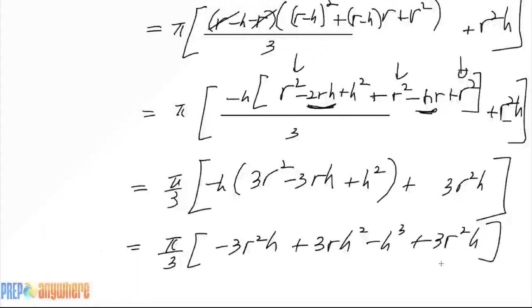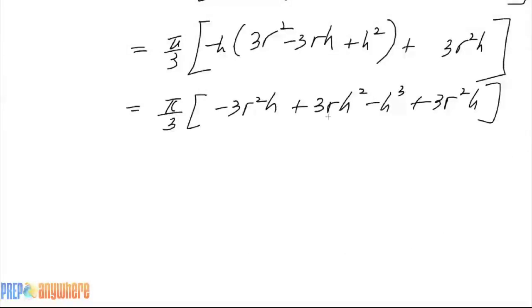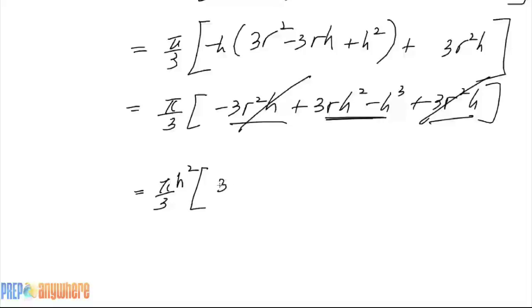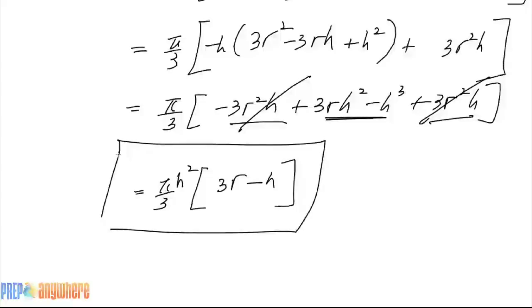All right. Okay, what can we collect here? We can collect these two actually. You can actually factor out h squared here, and you're left with 3r minus h. It's not bad. Okay, not as clean as 4 pi r cubed divided by 3. But